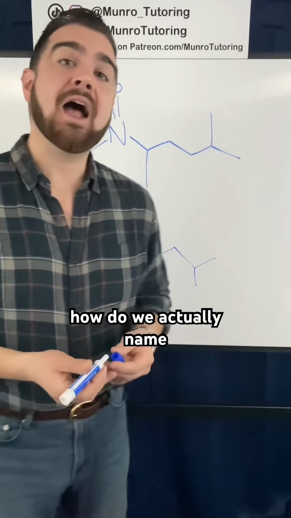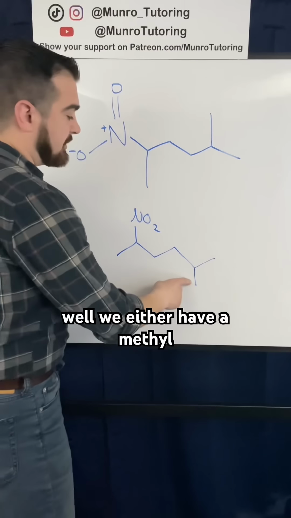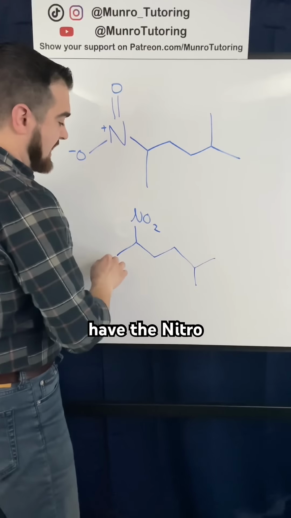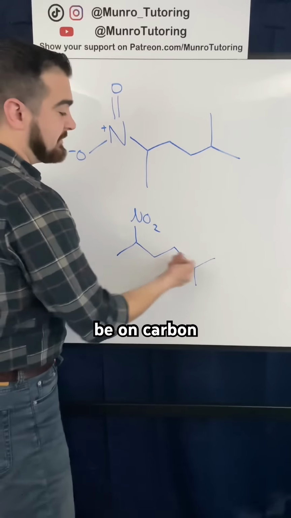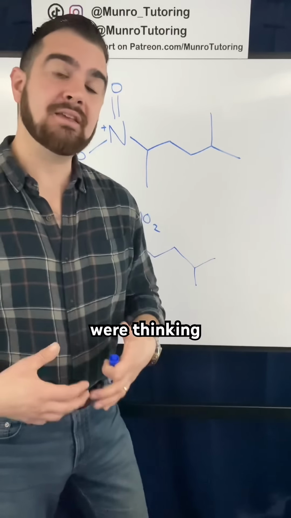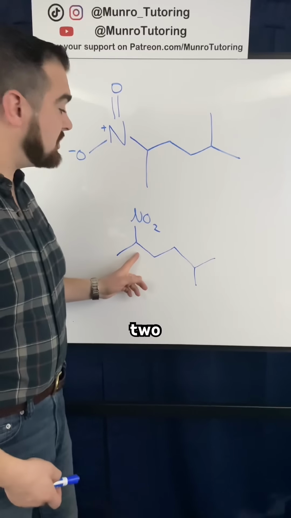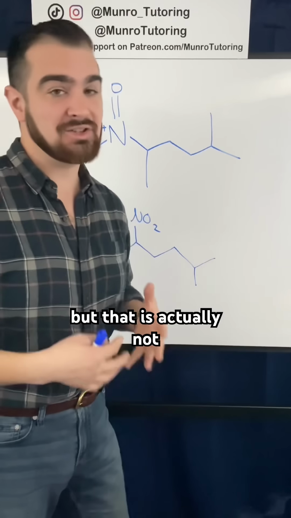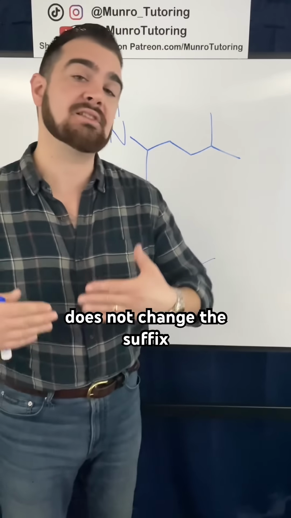So now, how do we actually name where the substituents are? Well, we either have a methyl group on carbon 2, or if we go the other way, we have the nitro group on carbon 2. And then the other group would be on carbon 5, depending on which way we go. So a lot of folks were thinking that the nitro group should get priority, so that we should get 2-nitro, 5-methyl hexane, but that is actually not correct because this substituent does not change the suffix of the